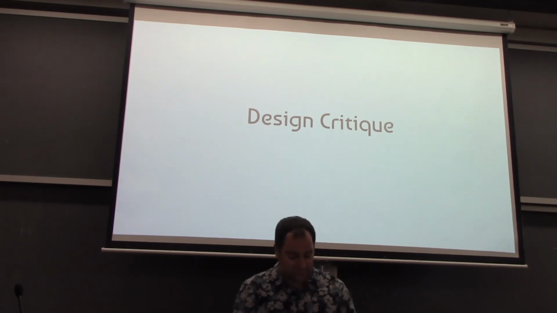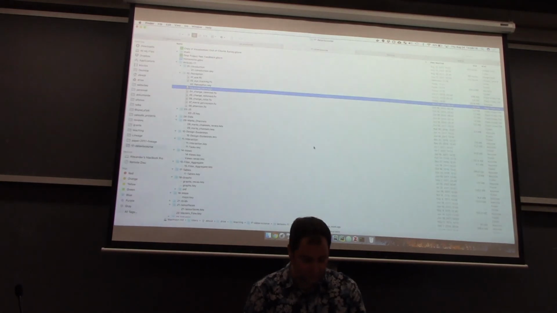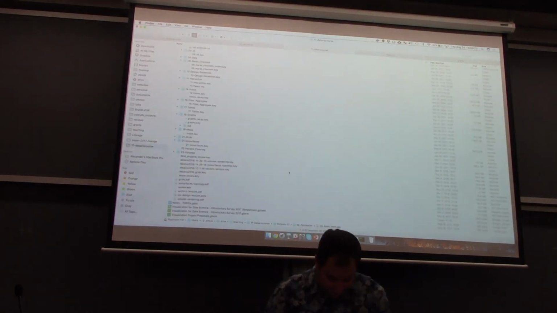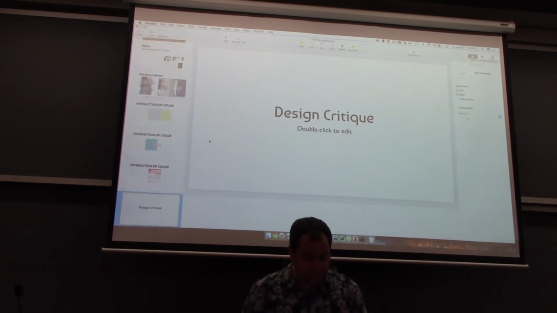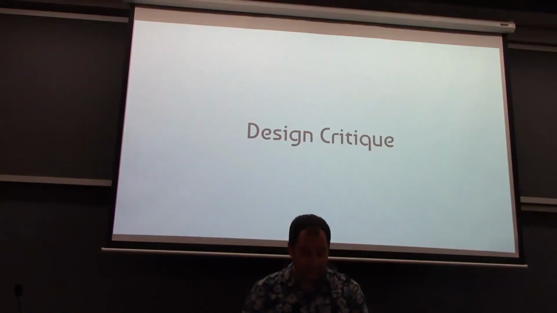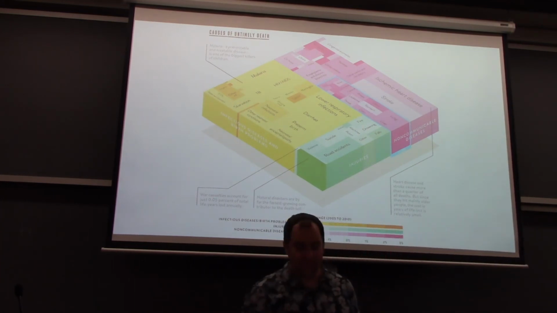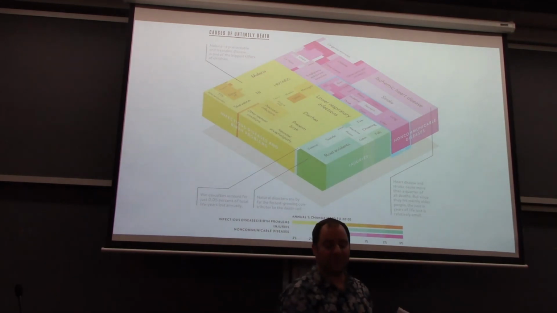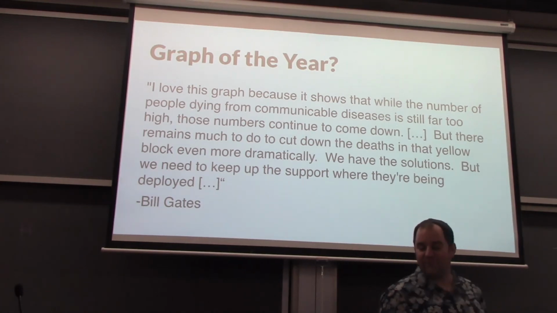Okay, so now I want to do a design critique. Here's a chart, and I have a printout for you. I'll be handing this out. Before I hand this out, this is a chart of causes of untimely death in the world. And Bill Gates picked this as his graph of the year. I think it was in